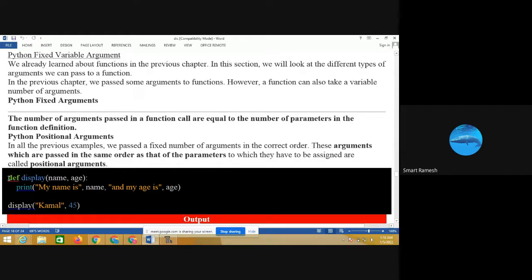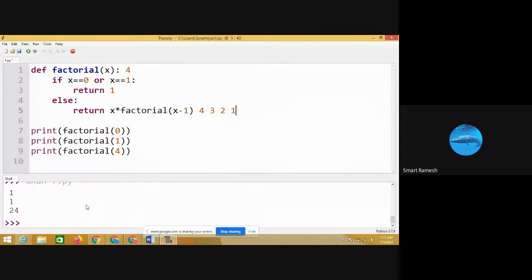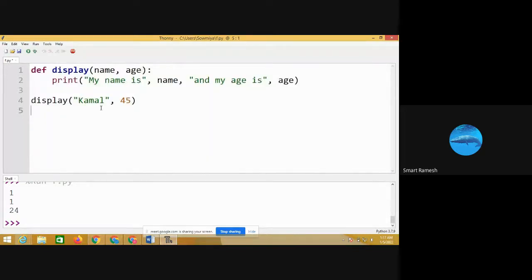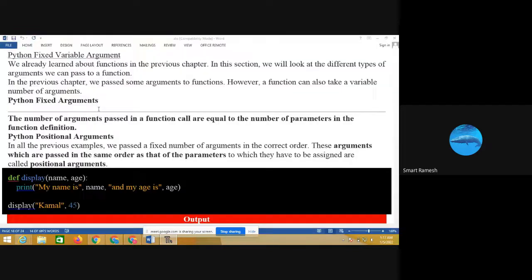For example, here in the function definition there are two parameters, and the number of arguments passed in the function call is also 2. That is called the fixed argument.